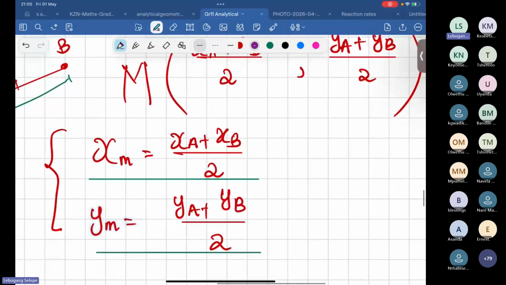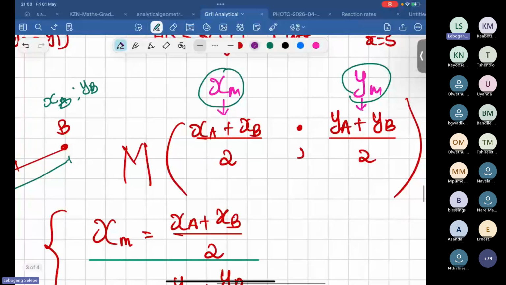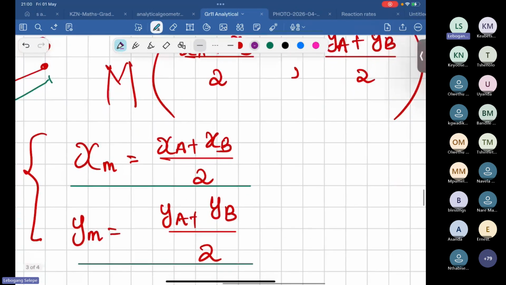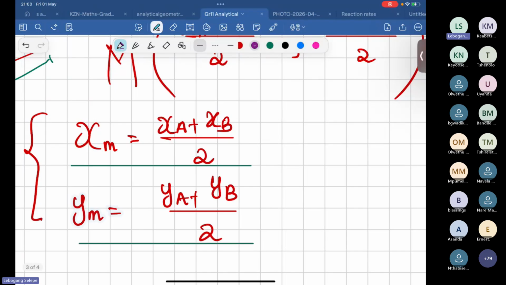I wrote these 2 equations because it's much easier to calculate the coordinates of the midpoint using this, because we know that you can just say x value of A plus x value of B divided by 2 to get to the answer, and so on. I wrote these equations to remind you that sometimes the examiner will give you the midpoint and expect you to work out one of the x values or one of the y values. So if I give you the x and y midpoint, you can use these 2 equations to calculate the coordinates